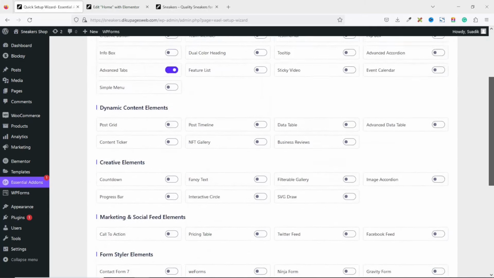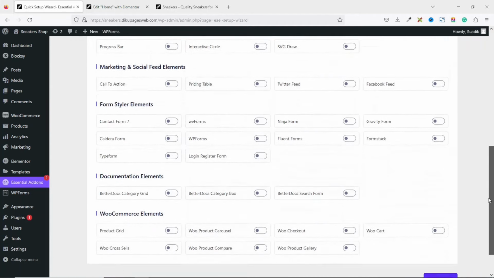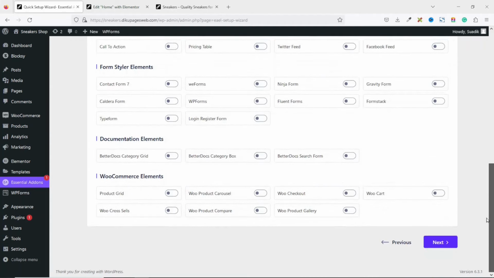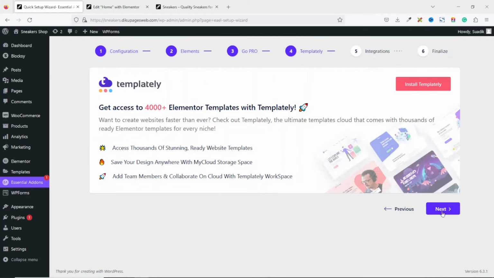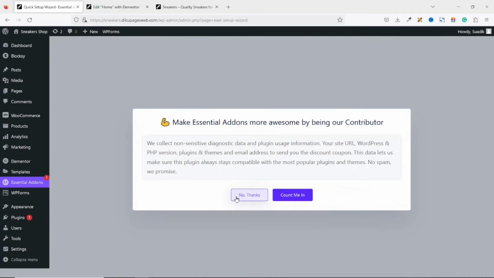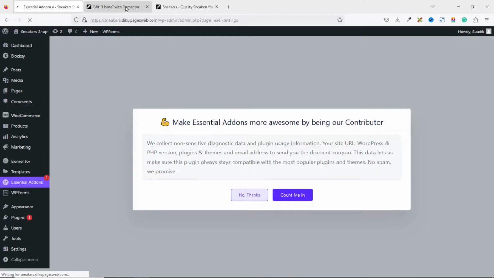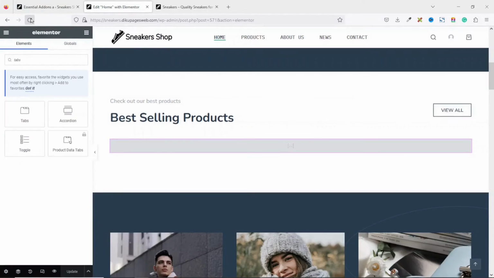I've disabled all of them except the advanced tab, but they have intuitive elements you can use on your website if you want to use them. I click on next, next, next, going down, click on next, then I click on no thanks, and the setup is done. Now if I go back to my Elementor editor and reload the page,